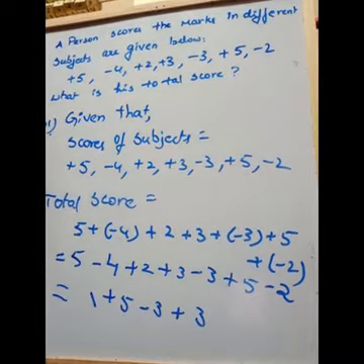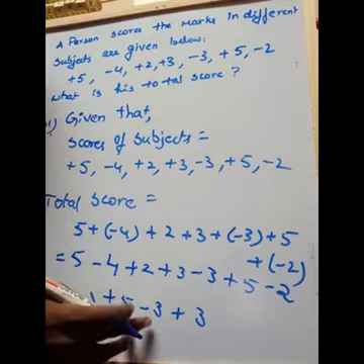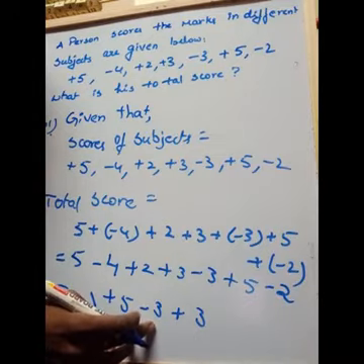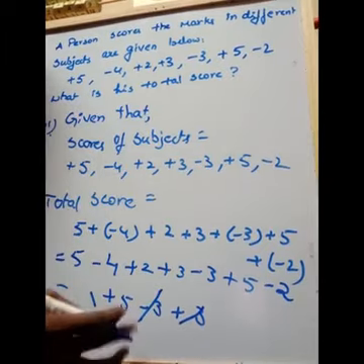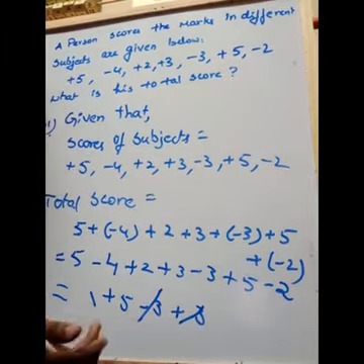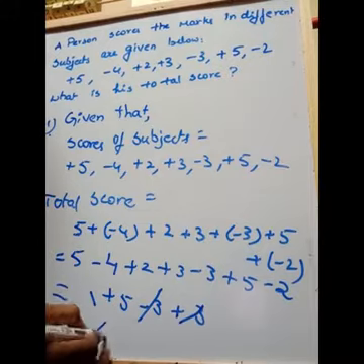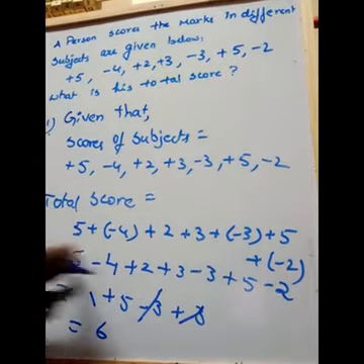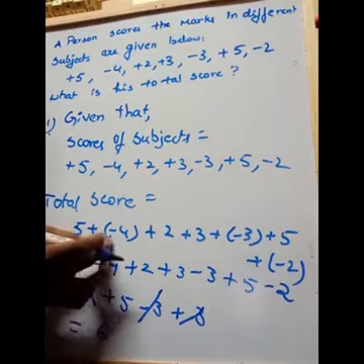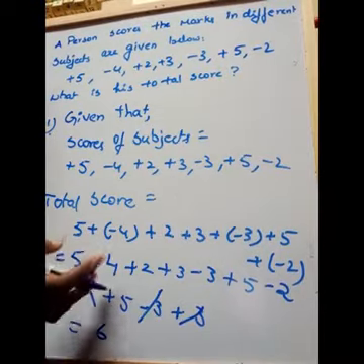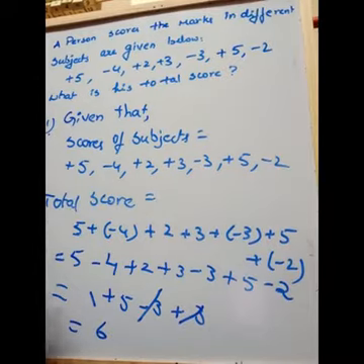Yesterday I already said that if you are adding a number with its additive inverse, we can cancel this. Minus 3 plus 3, we can easily cancel, or we can write it as 0. Now what is the answer? 1 plus 5, that is 6. Just a simple calculation. You have to understand how to remove the brackets. After removing the brackets, you can do the addition and subtraction as you like. I did from left to right.